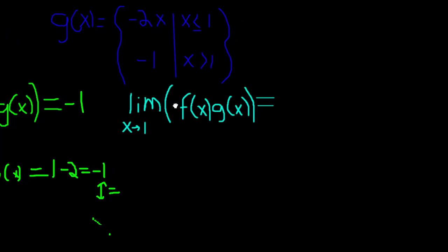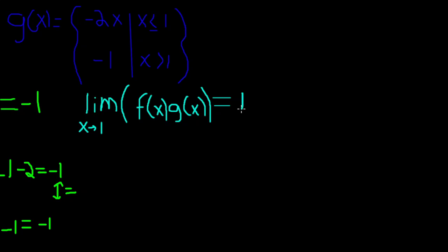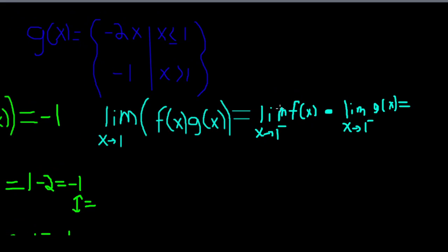All right. Over here, we got limit of a product. So we're going to solve this the same way. It is just the product of the limits, or excuse me, the product of the one-sided limits. So x approaches 1 from the left, and that's multiplication. x approaches 1 from the left of g of x. And this is going to be equal to, well, let's start with f of x